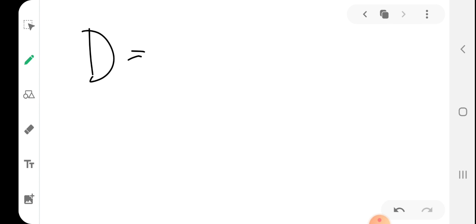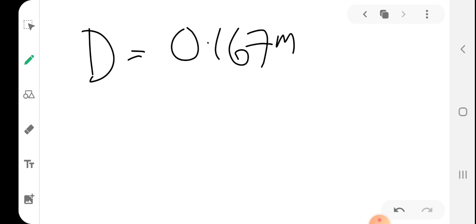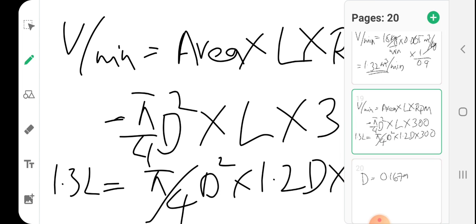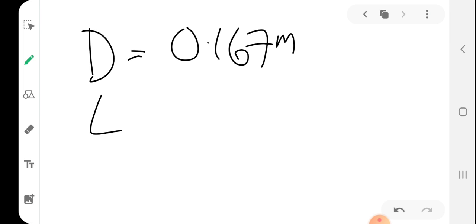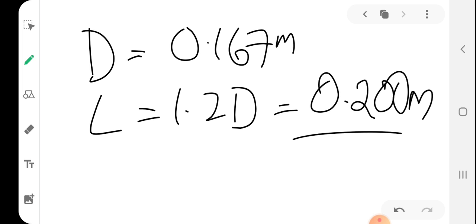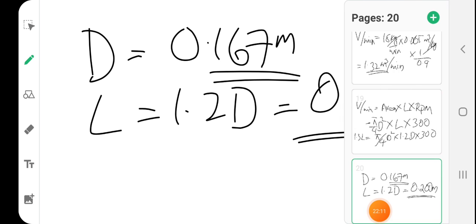will be obtained as some 0.167 meter. Okay. So actually this will be a cubic equation. So d square into d will be d cube. So you have to find the cube root and all. Okay. So you will get the value of d. So L will be 1.2 d and it will be around 0.200 meter. Okay. So problem solved. Now we will move to another section